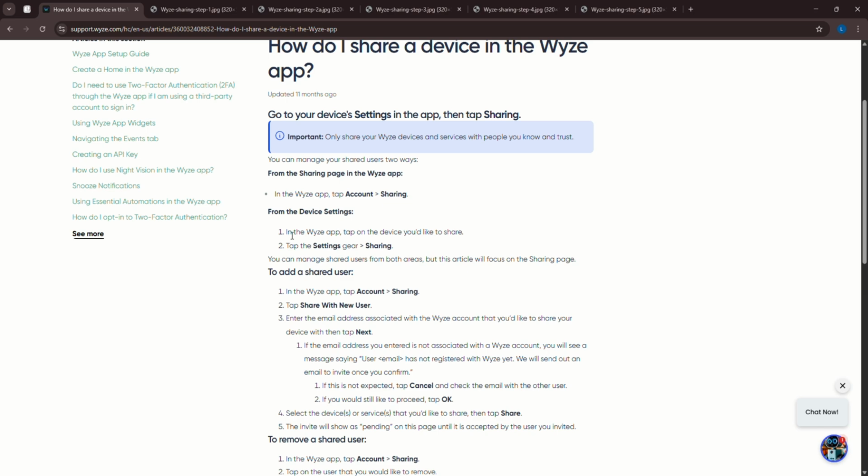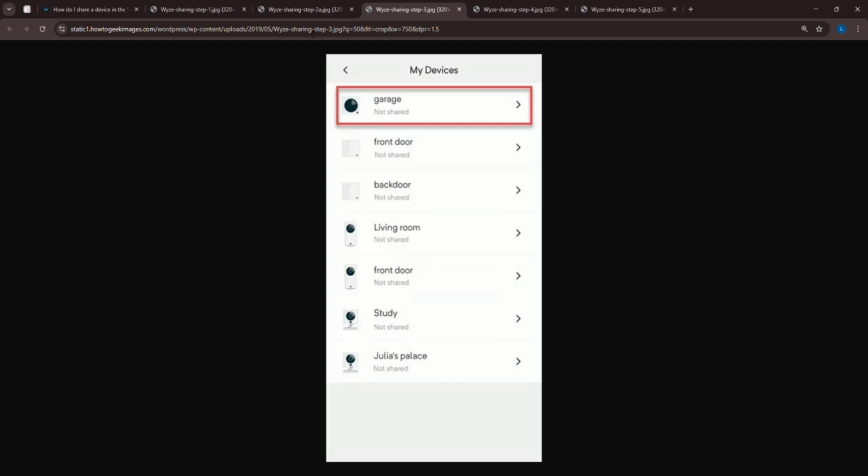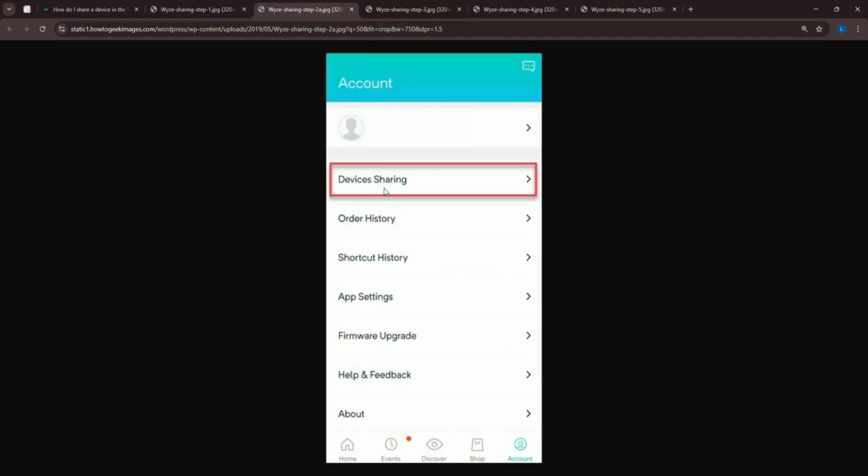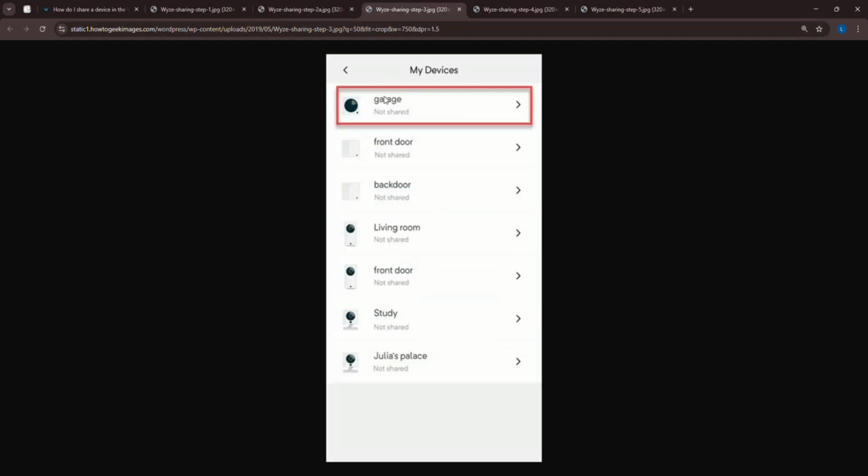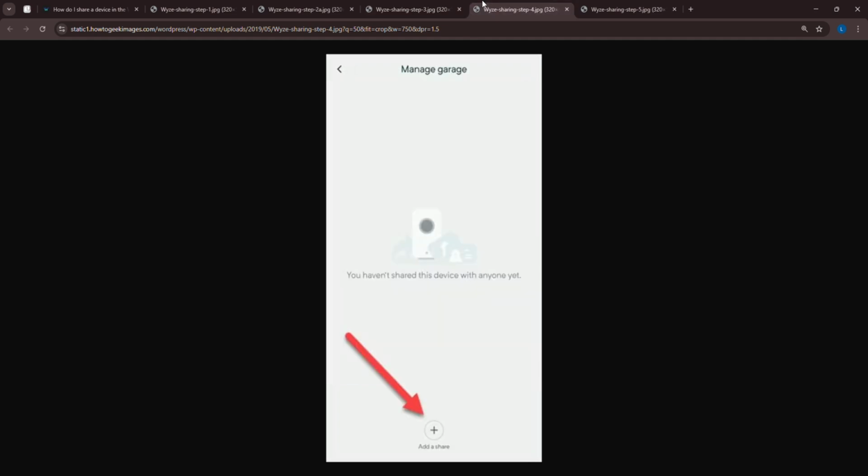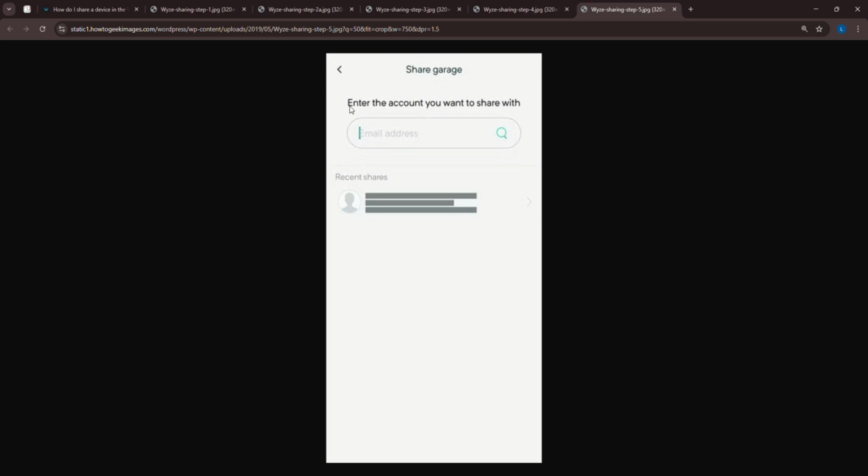Next, again in the Wyze app, tap on the device you should share. So after pressing Device Sharing, it would lead you to this right here, and this is the list of all the cameras that you've got. So let's say for instance you want to choose the garage one that you want to share with your family or trusted colleague. So just tap Add a Share, then it will lead you to this site right here,